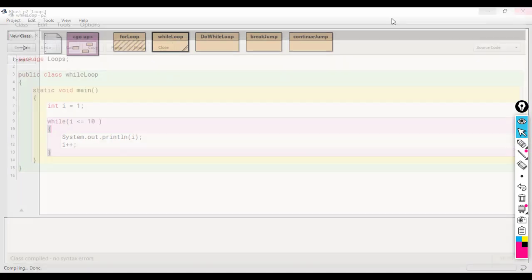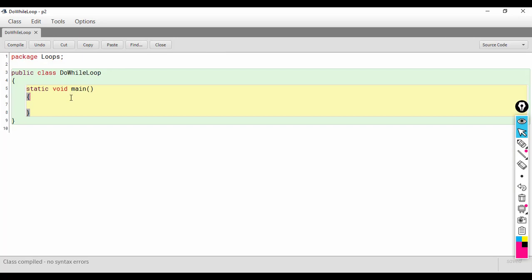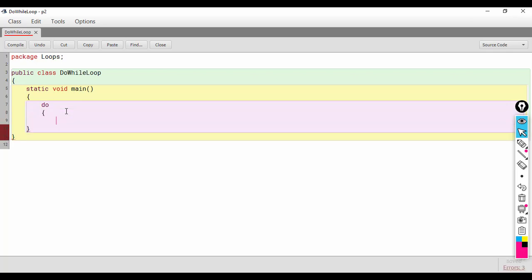Now let's talk about the do while loop. So in case of the do while loop, okay, this is the syntax. You have to write the do keyword and then open a set of curly brackets and then the while keyword followed by a set of parentheses and then a semicolon. Okay.